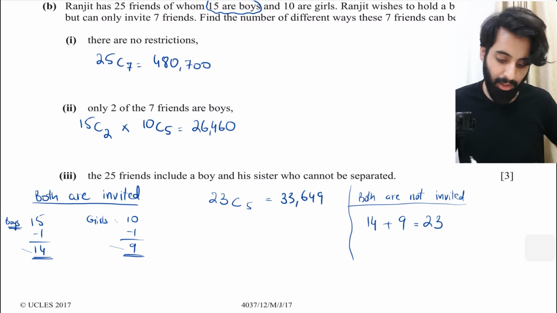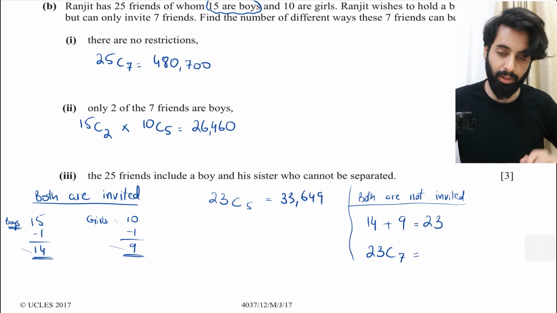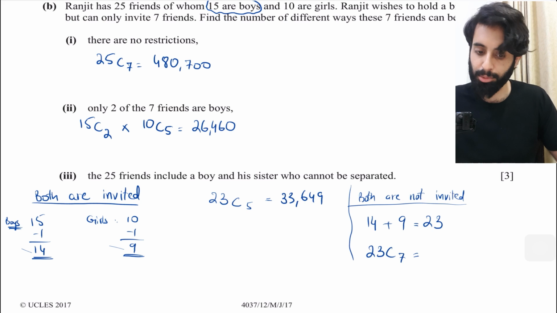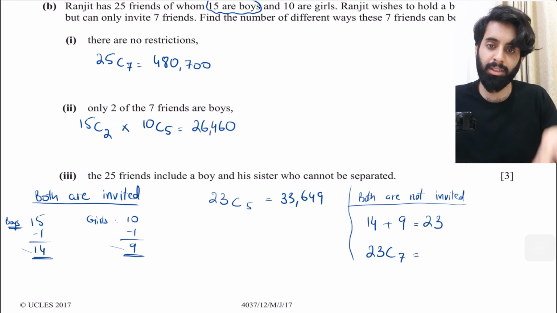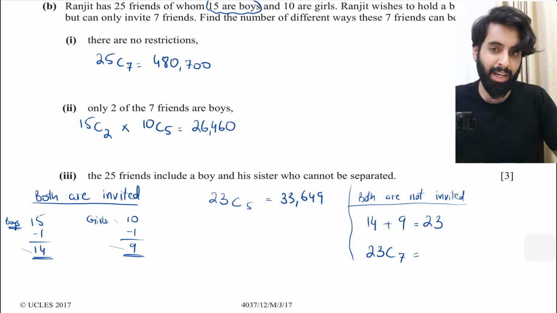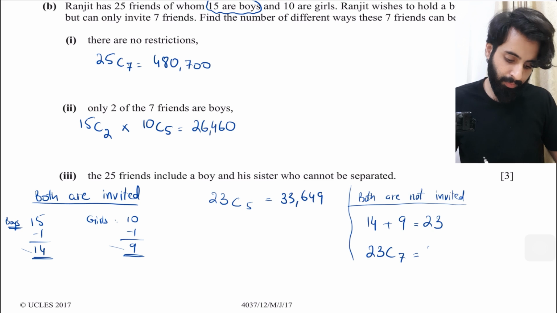He's selecting 7. The reason is that we need to make sure that the 2 are not included, so we're going to remove them from the people that we're choosing from. From the 15 boys, I'm going to remove that particular brother, and from the 10 girls, I'm going to remove that particular sister. That way they cannot be separated, and both of them are not going to be invited. So let's work this out. 23C7